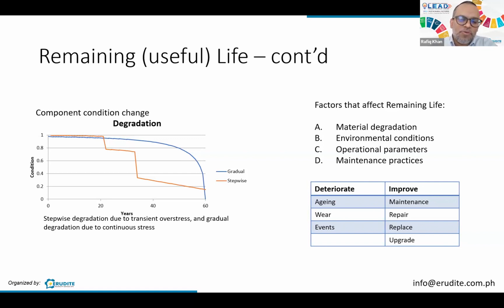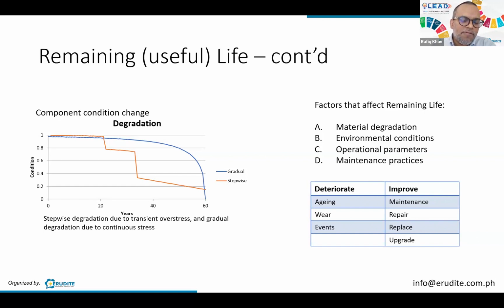So how to improve the patterns that we see? If it's aging, maintenance can offer some help to a certain extent. Of course, you cannot maintain everything to run forever, but it does help. If you have wearing of parts, maybe some repair can be done. If it's mechanical, we can actually do some form of repairs.